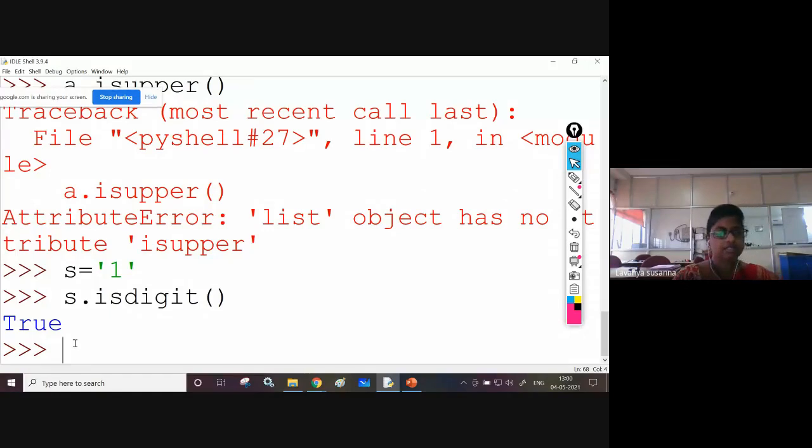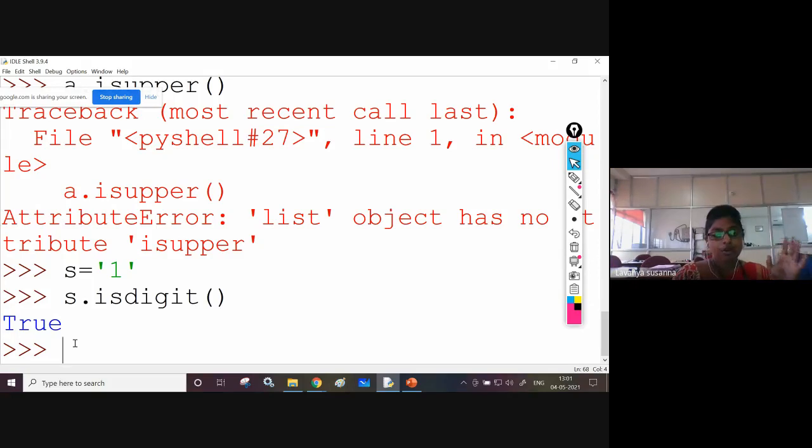Okay, చూడండి, let us see here. If you want to find only for strings, it is applying only for strings. Only character, single character you need to give. See here, S equal to 1. In double quotes, I have specified 1. Actually it is taken as a string. But you are checking whether there is a digit or not. S dot E is a digit. Yes, it is true, right?